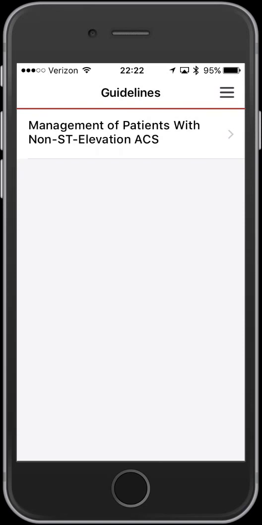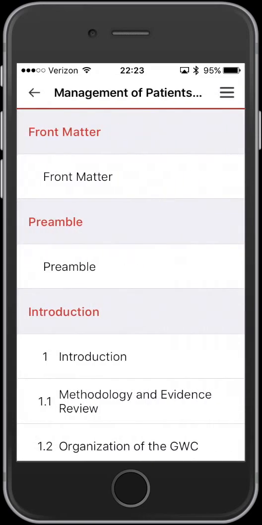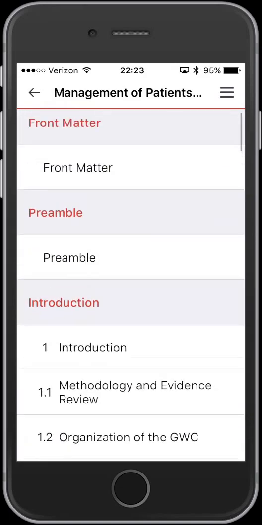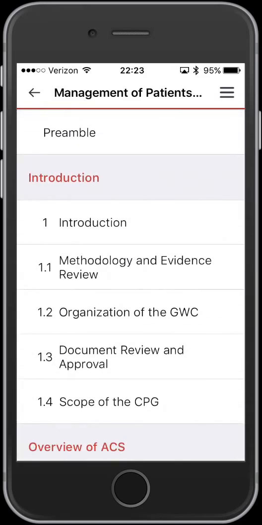As you can see when you open the app, there isn't a whole lot here. I'm pretty disappointed with this app. The only guideline currently in this app is the management of patients with non-ST segment elevation ACS. Still potentially useful, right? Well, then you start looking at how the guideline itself is put into the app, and